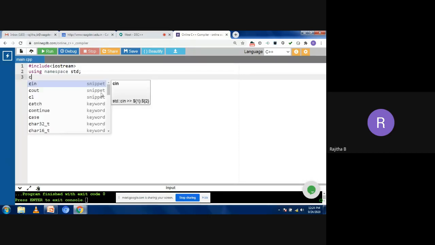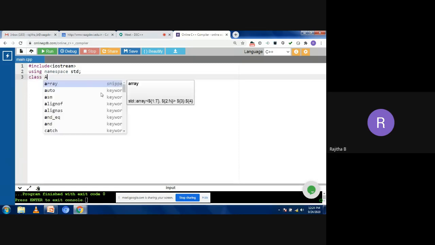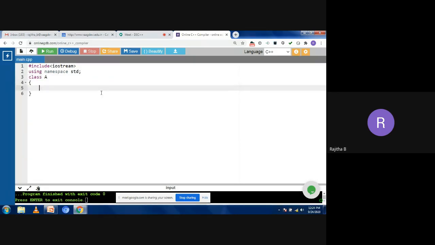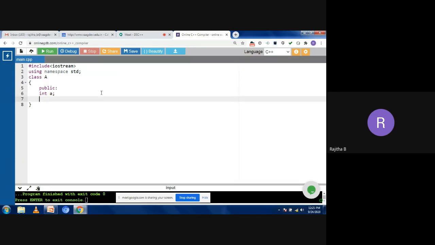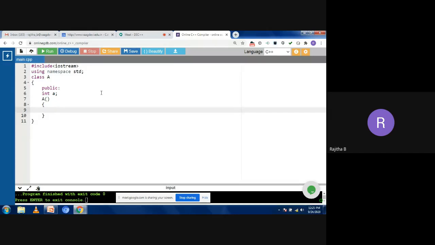So first I'm taking one class, my class A. In class A, suppose I'm taking the public access specifier. Below that I'm going to declare the data member, a. Now I want to initialize the value using a user defined constructor, and here I'm going to assign the value for the data member a.